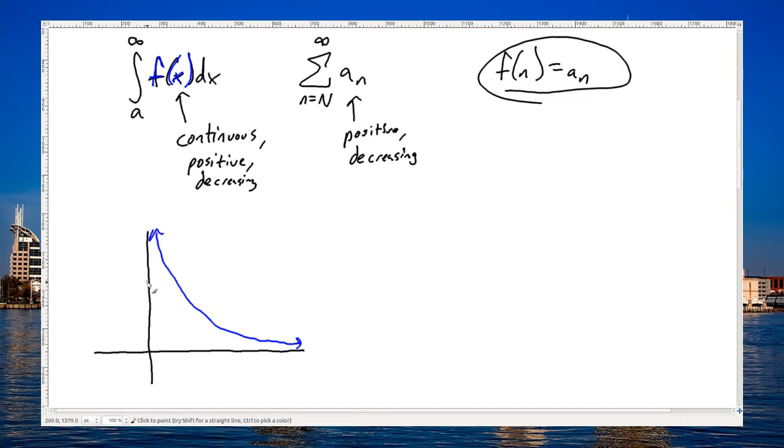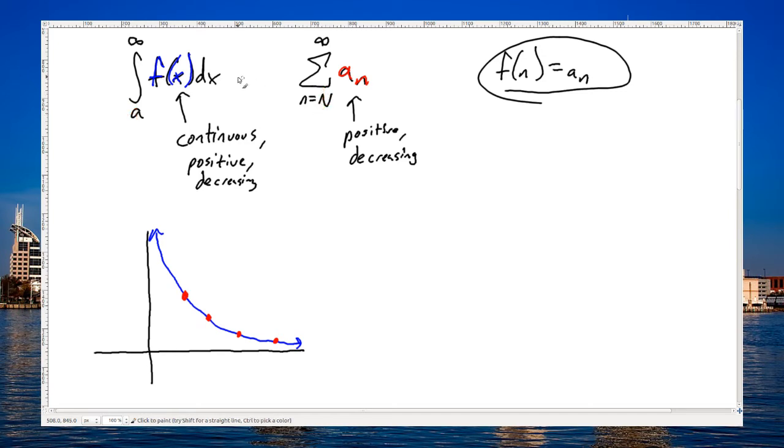Okay, and I'll draw the sequence in red. So here are the points of the sequence. And we're kind of just assuming that n is 1 and a is 1 in this picture, although it really doesn't matter